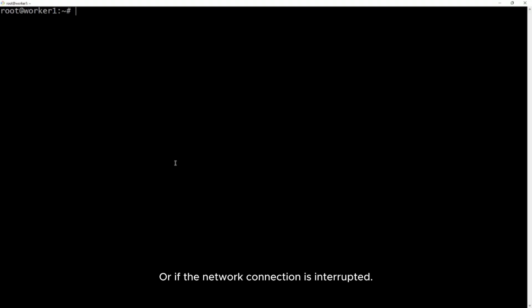And if we mount data manually like above, it will be lost after you restart the machine or if the network connection is interrupted.